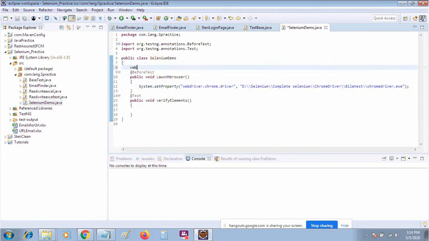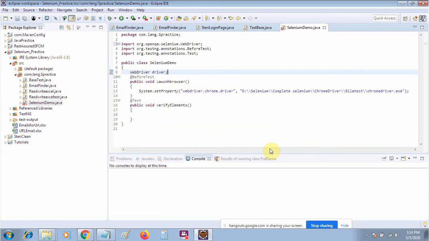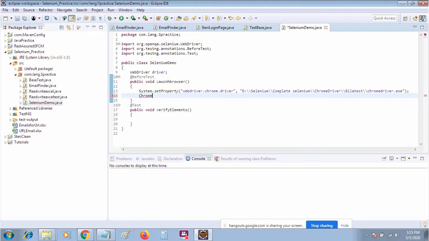At the global level, we will give the name of our WebDriver instance as driver. Now let me import WebDriver as well. First we will see what happens if I use ChromeDriver driver equal to new ChromeDriver, and what happens if I use WebDriver driver equal to new ChromeDriver. So suppose first I am using ChromeDriver driver is equal to new ChromeDriver.